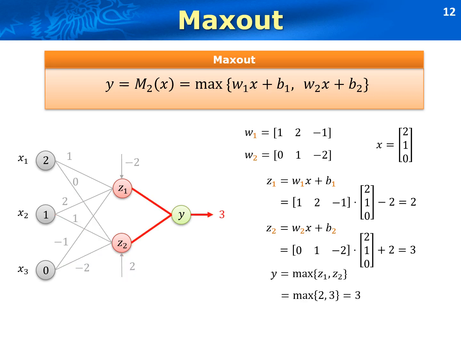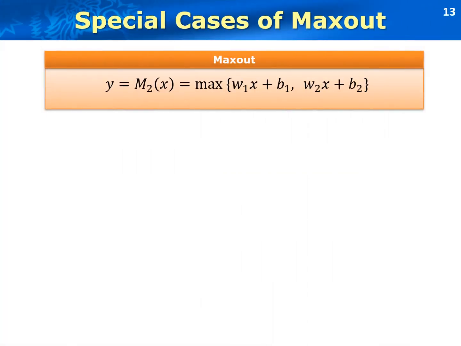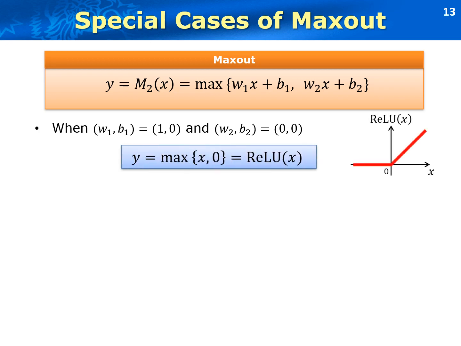It is important to note that maxout is essentially a generalization of ReLU and leaky ReLU. We can see that when the number of linear pieces k equals 2, if the weight and bias of the first piece are set to 1 and 0, respectively, and the values of the second piece are both set to zeros, then the maxout function reduces to the maximal value of x and 0, which becomes a ReLU function.